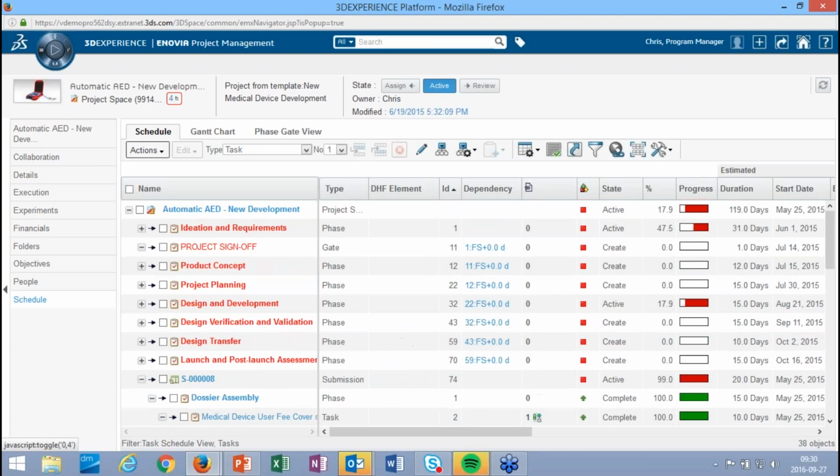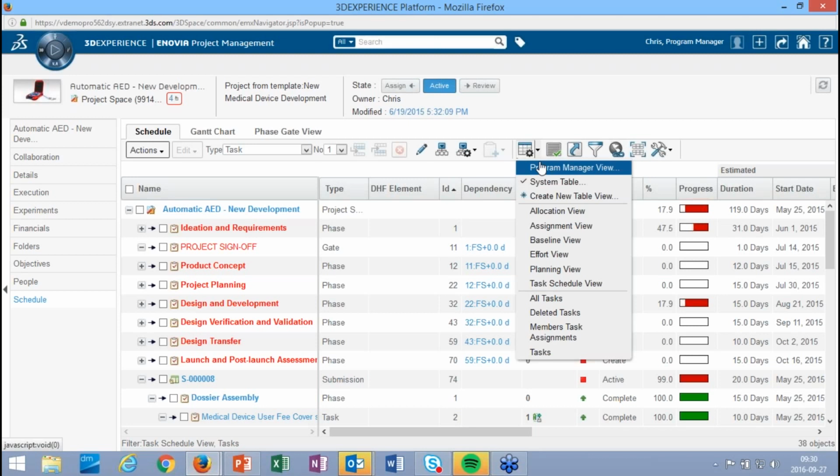We could do the same with, say, a large change project, which we will look closer into in the next webinar. Or we could have it for complaints and CAPA projects, for example. The good thing with this is that we can do resource assessments. So if we are within this task view, we also have a resource pool available. So if I want to switch into assignment or allocation view,